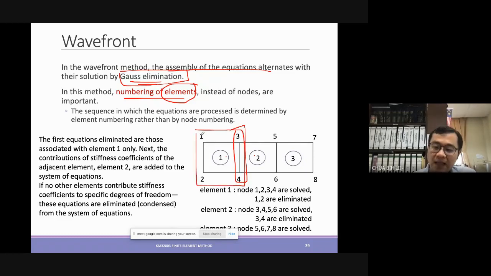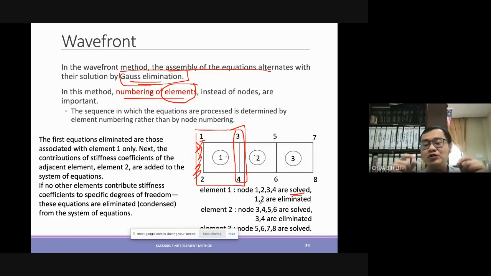So there are 4 nodes to be solved, not 1, 2, 3, 4 for element number 1. Usually, let's say at this side we have the boundary condition. So if you have a boundary condition here, meaning when you load these 4 equations related to these 4 nodes into the software, you can do, remember,